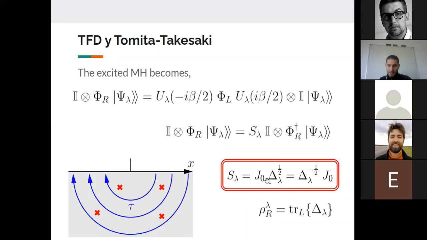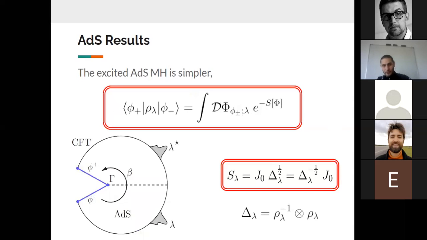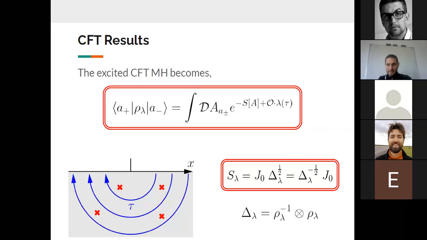And second, we have what is the J for this excited state, which is the same as in the vacuum, by the specific structure of the excited states we are looking at. One can rewrite as a path integral the density matrix we are obtaining. Delta is this once again, but now one can see that maybe the explicit CFT computation will get somewhat complicated. And we will now go to the AdS side, in which we already saw that this theory deformation becomes